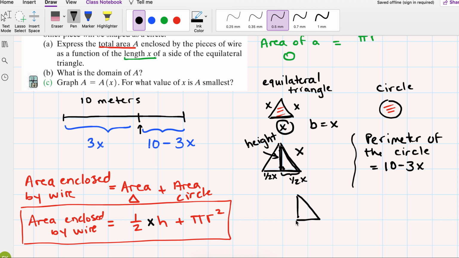So if we zoom in right here, or just redraw it here, this is 1/2 x, and this is x. And this is the height. And I need to figure out how to write the height in terms of x and this 1/2 x. Well, because we have a right triangle right here, half of it is a right triangle,